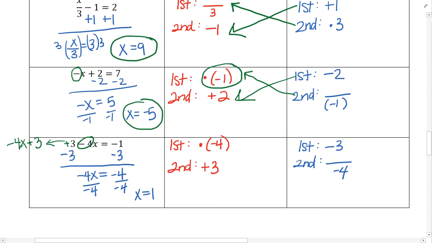You can switch things that are subtracting as long as you keep the sign. So this negative goes with the 4 and the 3 is positive. So that might be a little easier to see. Okay, so the opposite, the first thing we need to do, is subtract 3 from both sides. And then we're going to divide by negative 4 and we get x equals